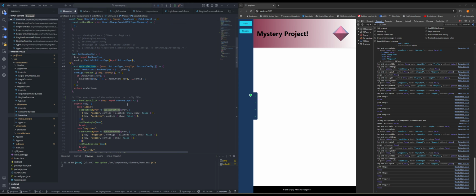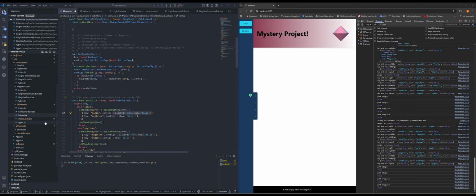It has an array, not arrow, of button objects, which has a key and a config. What is the config? What I want to rewrite in the initial config